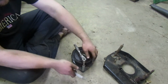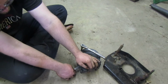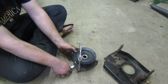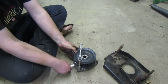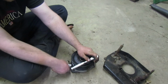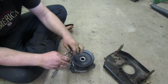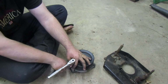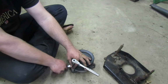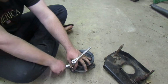How about this guy? I would say that one's good. That one's good. How's this one? This one I might end up tightening. Yeah, see, that's what I don't want to happen. I don't want it to